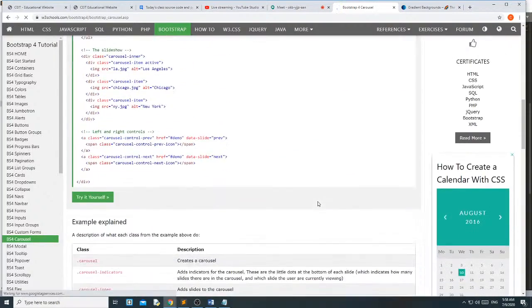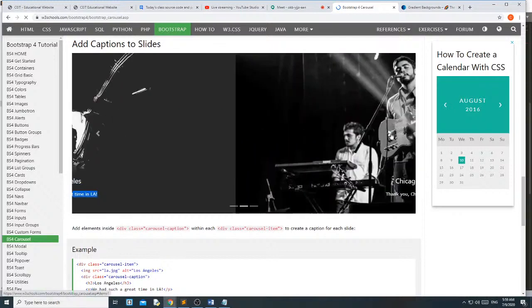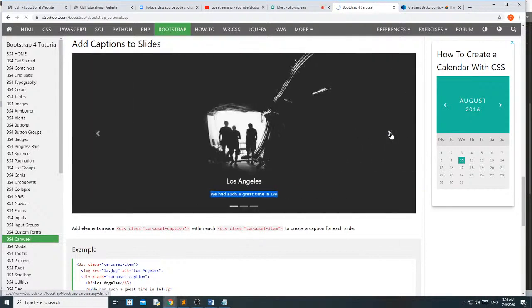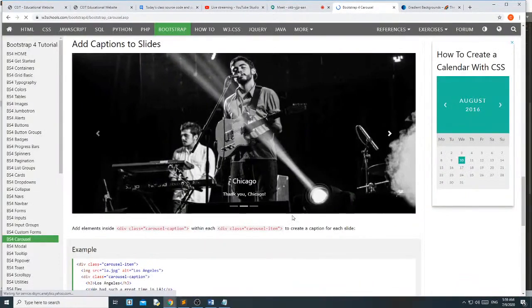You can also provide the title and text over each image. Here it is taking the complete screen of the image, but in my case the image is in a rounded circle, and there is a background color and there is a heading. This means the title of the image, and this is a small description, and this is a designation, and this is the small description. I have kept 4 things in one carousel. See here.